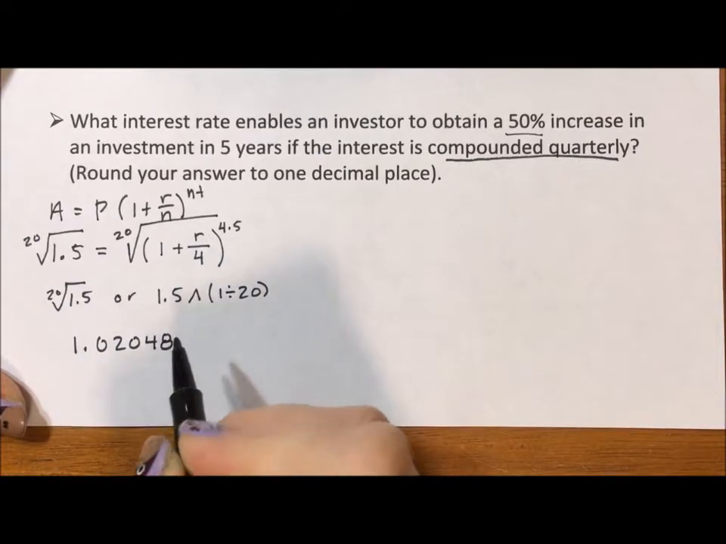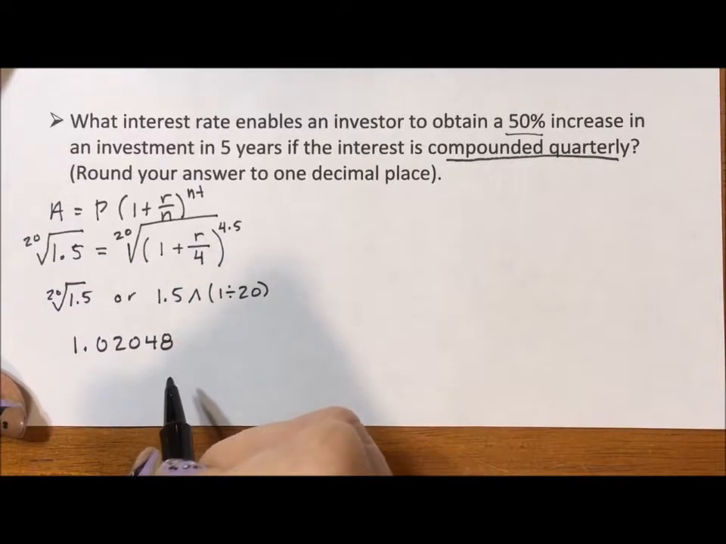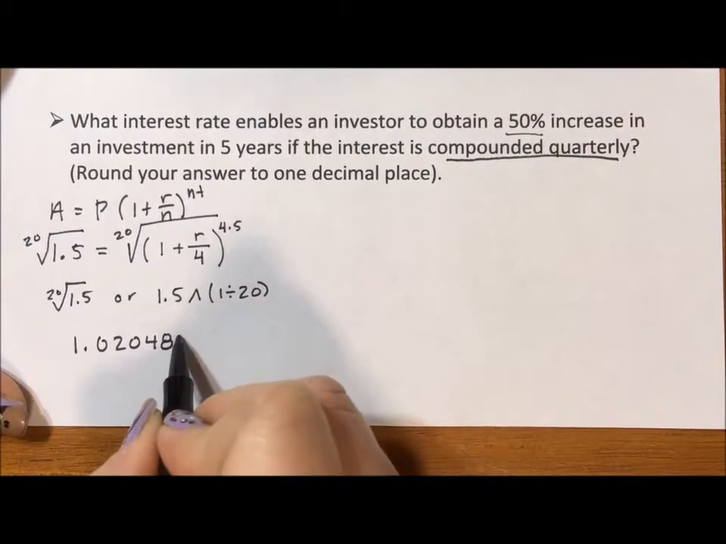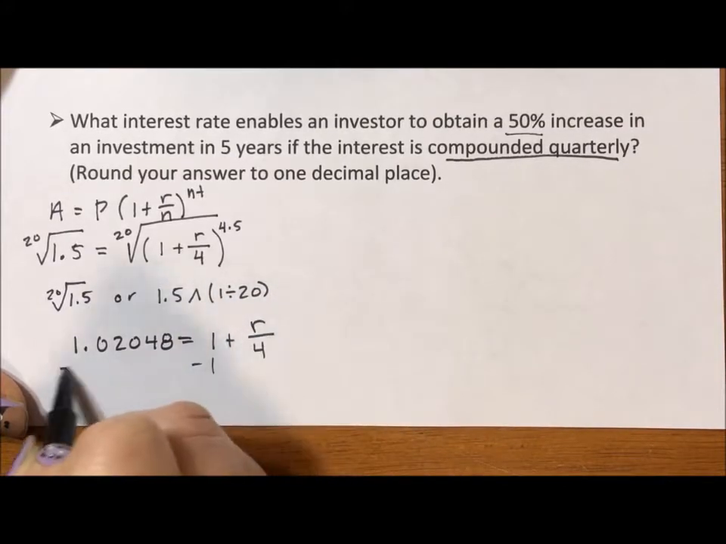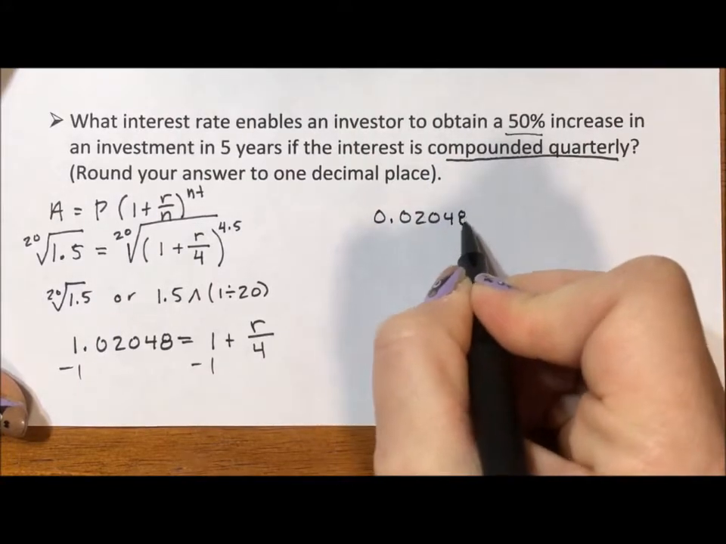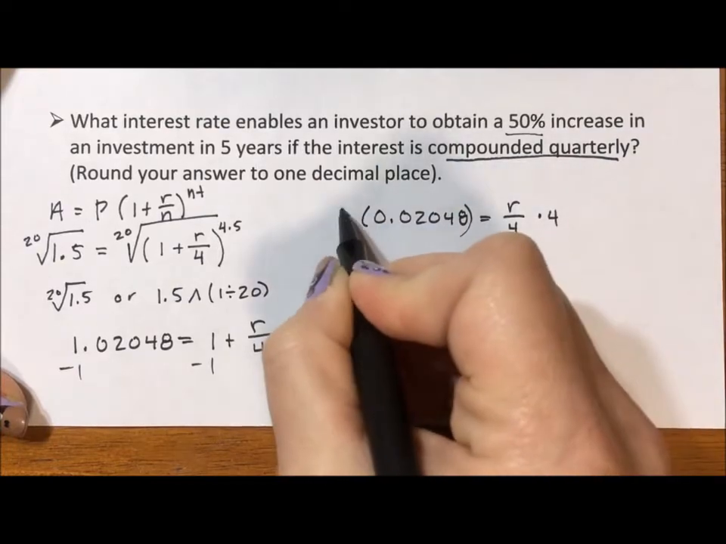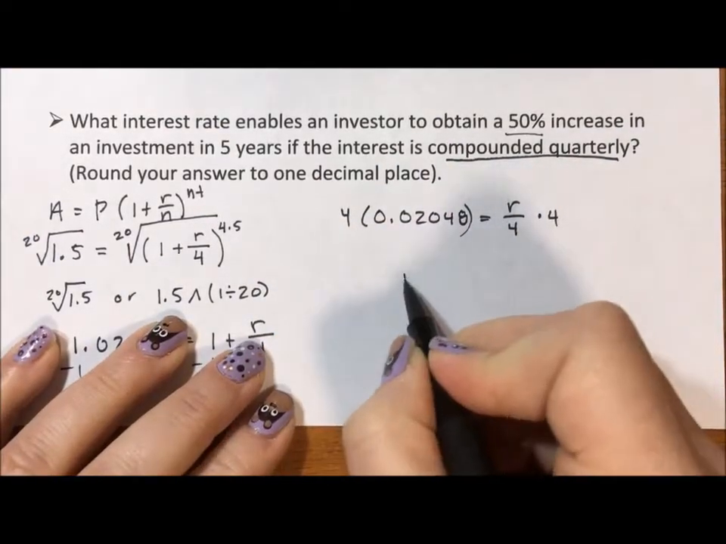1.02048. It goes on. That's probably enough to write down. Just don't clear your calculator display. Keep on using the numbers you have progressively. This equals 1 plus r over 4. I'm going to subtract 1 so that I have 0.02048 equals r divided by 4. And then I'm going to take both sides and multiply by 4, flip this around so that I have the rate equaling